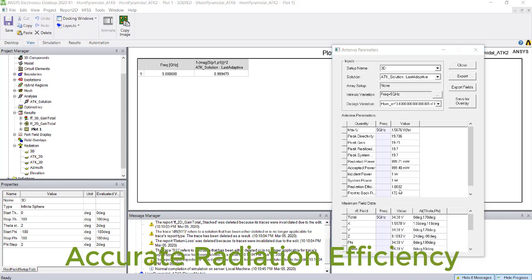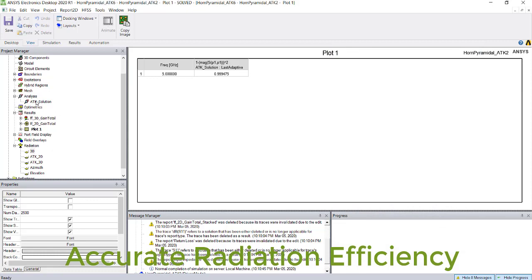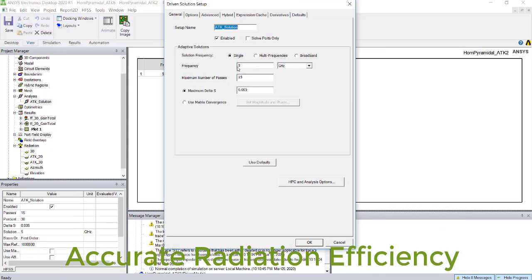One more thing I would like to tell you is what if the radiation efficiency is still more than 100%. So how to do the correction? Over here you can see the S parameter is the one which is used for convergence. The convergence of the S parameter is in terms of 0.005. Then HFSS stops the adaptive meshing. It will not improve the mesh again.